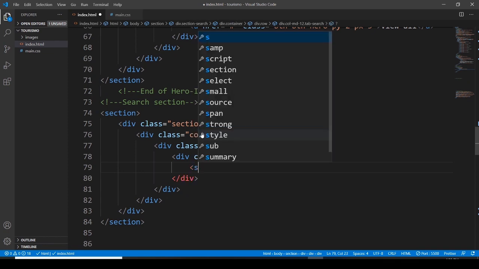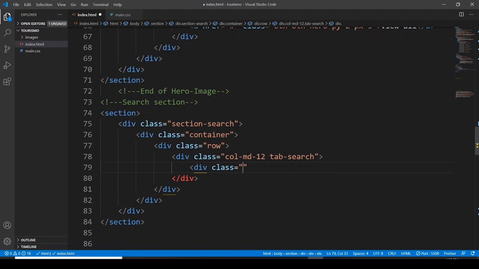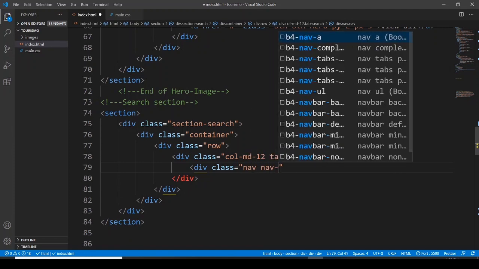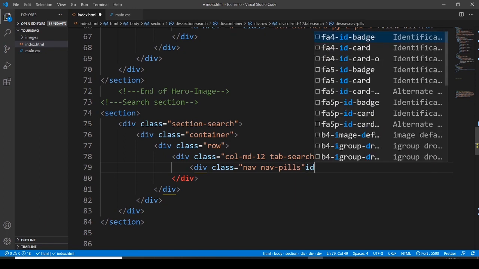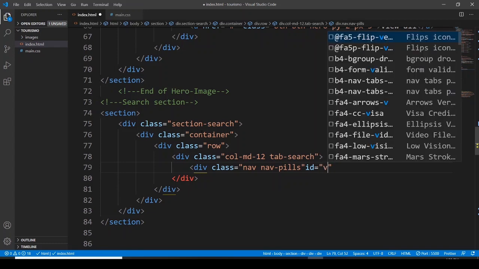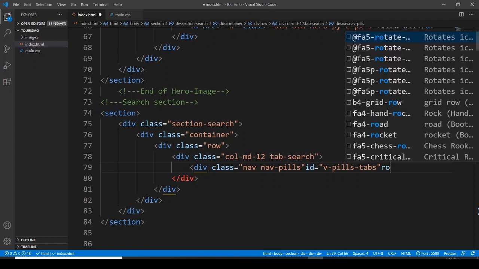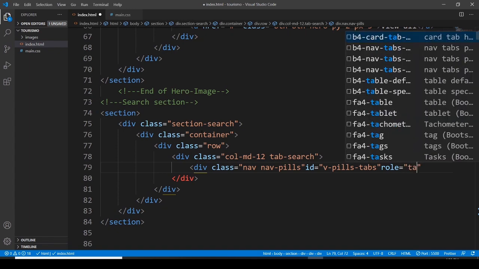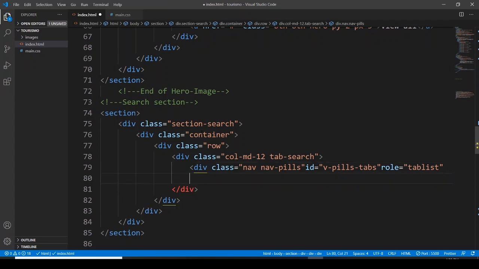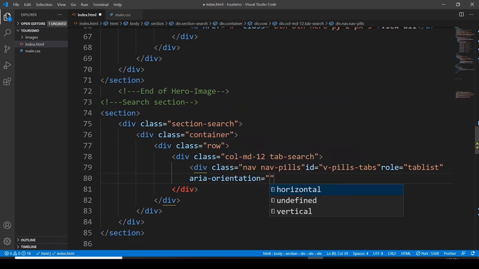Then again a division, assigning it a class, and nav pills. This class is from Bootstrap. Okay, ID is going to be, this is also from Bootstrap, pills, and I want to use the role. The role of this is going to be tab list, aria orientation. It's going to be vertical,